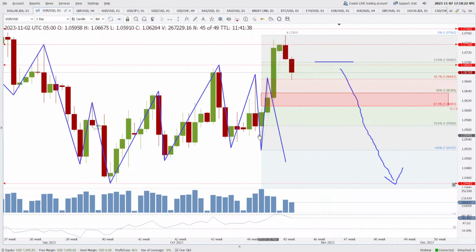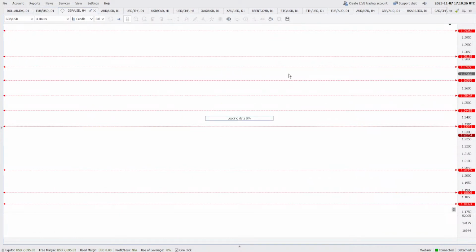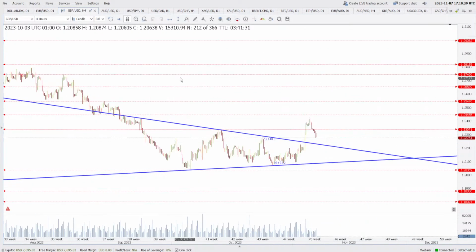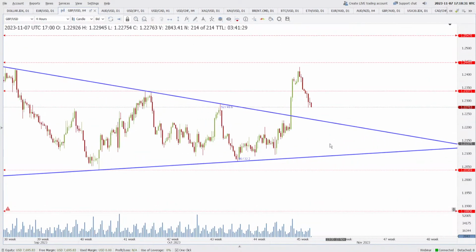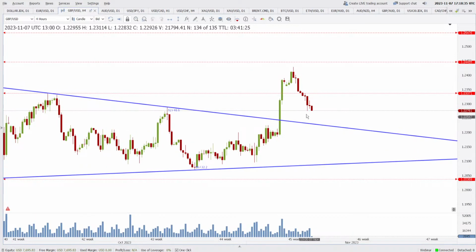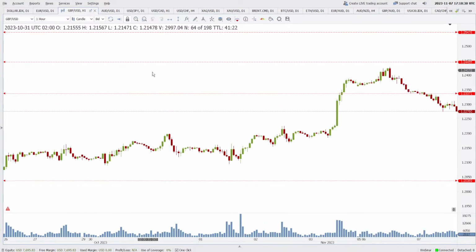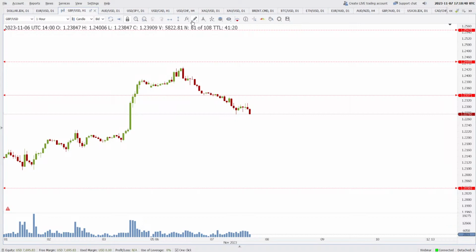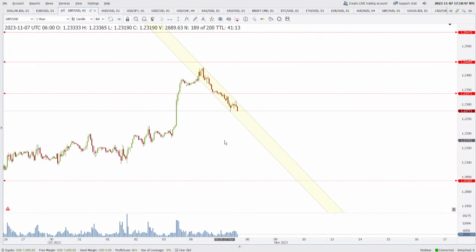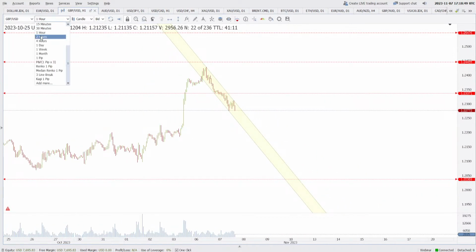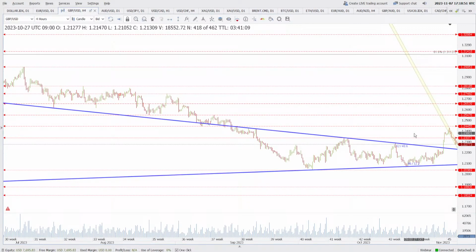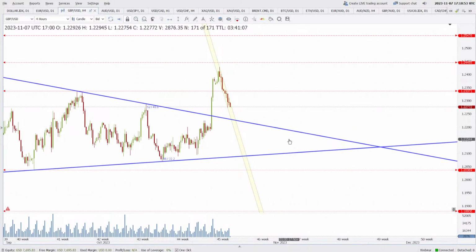All right, so this is one. And what about the pound? The Great Britain pound finally broke out of it. This is 4 hour and is now headed lower, so you can break it down to even 1 hour and then create maybe a channel here. All right, and then expect this channel to break. Now this channel and the 4 hour, not the 4 hour channel but this symmetrical triangle that was there,